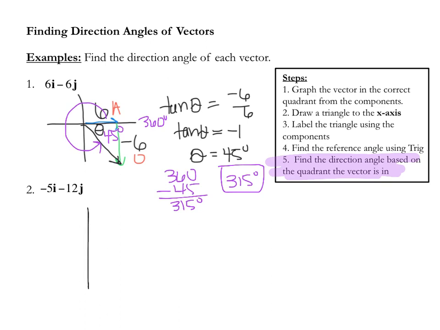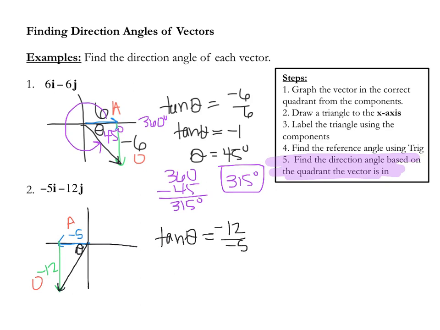1. So the first thing I would do is graph it. This tells me that the horizontal component is -5, and the vertical component is -12. So our vector is right here, and we're trying to find the direction, which is theta. The direction is the angle, so we're trying to find the angle. And right now, again, I'm going to be able to use tangent because this is opposite, this is adjacent. So we get tangent of theta is equal to -12 over